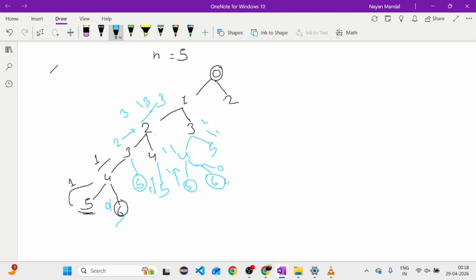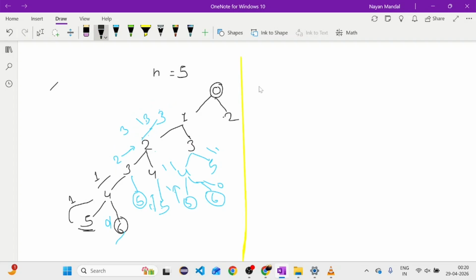So I am sure that this diagram is clear to you. Let's try to write down the pseudocode. Let's try to write down the function. The function will be int fun. This is pseudocode and it is not language dependent. It means you can implement it in any programming language, either C++, Java, or Python.